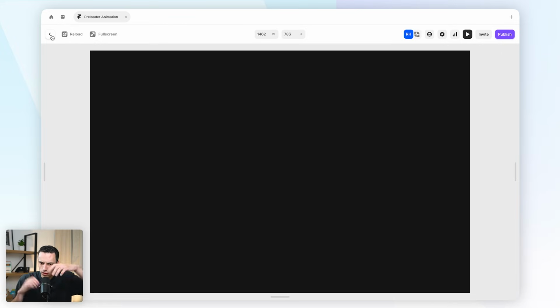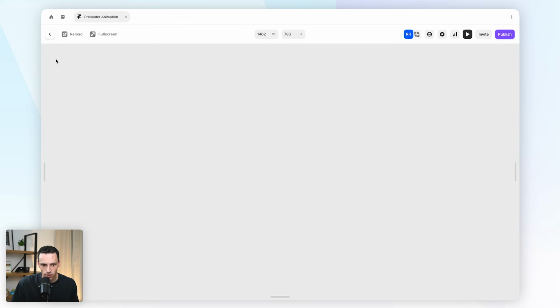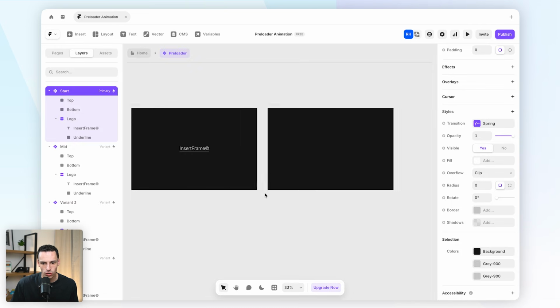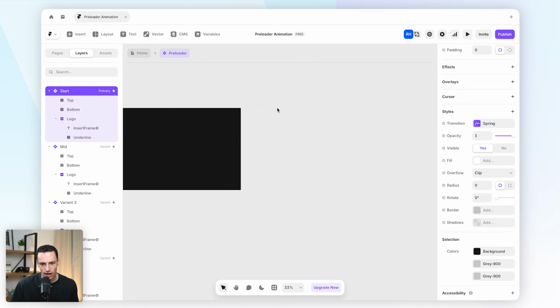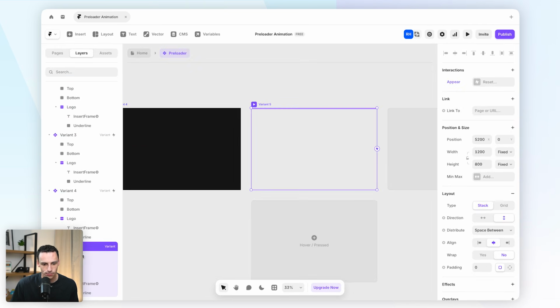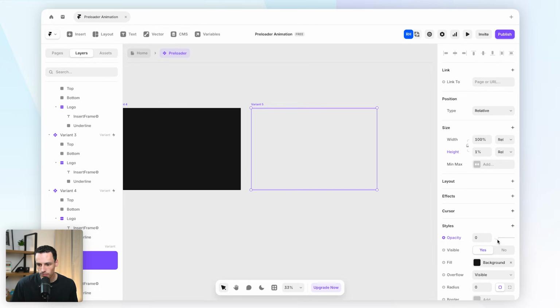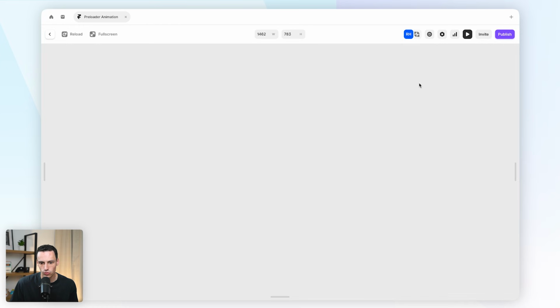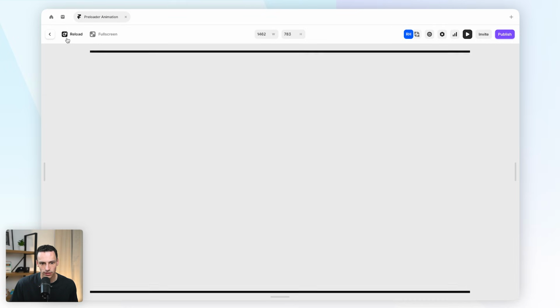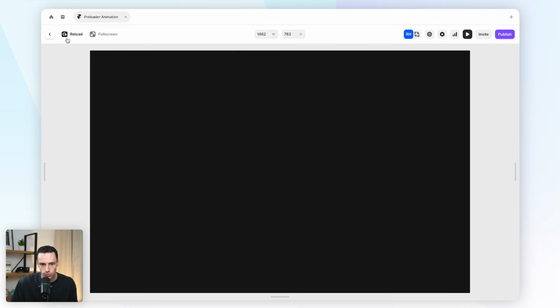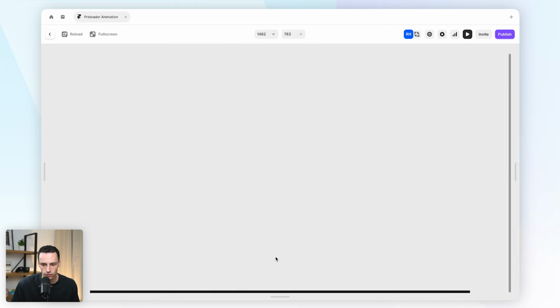Great. Now, I'm not a super big fan of this fading away right at the end there. So maybe what I'll do is add another variant in here. But first, in the top and bottom frame, we're going to increase the opacity to be 100% again. So when I preview this, let me reload. You'll notice that's a little bit smoother, but we're still going to have this bar at the top